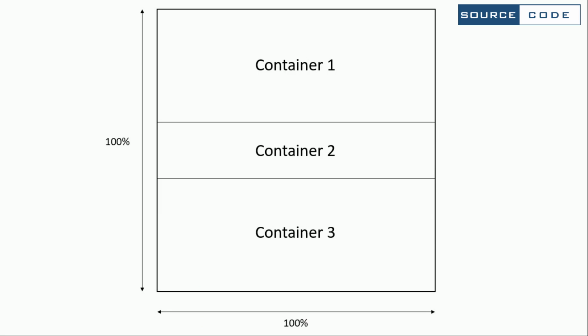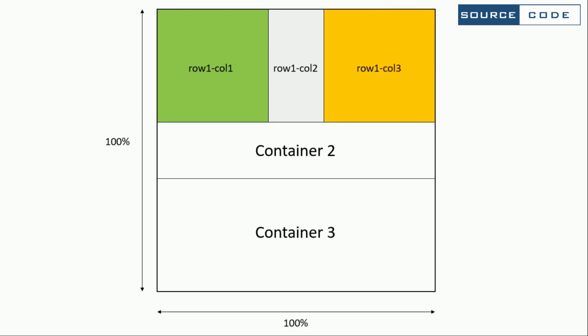In the first container, that is container 1, we have to make row 1, column 1 for the green box, that is for the green coin. After that, we have row 1, column 2 for the path movement. Again, we have row 1, column 3 for the yellow coin. Coming to container 2, we have row 2 column 1 for the path movement, row 2 column 2 will be the home for all the coins. Again, we have row 2 column 3, this will be the path movement.